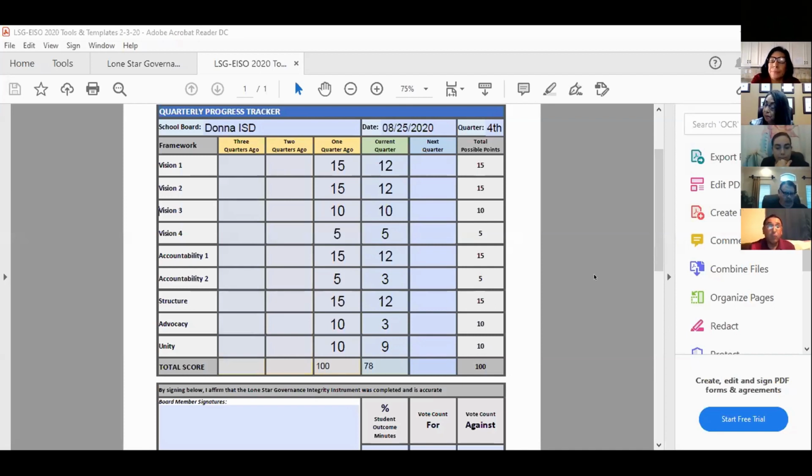Yes. All right, great. So with Vision 1, as we went across the board, again, that was the average we received for it, 12 for the current quarter. The last quarter, this is going back to March when we last discussed, this is what I remember. It could be maybe off in some of them, maybe in accountability one, where we might have had a difference there, but for the most part, everyone was pretty much online with Vision 1. There was not much of a difference except for one, and that was Dr. Mary. I'm not sure if she's online or not, but she's the one that scored pretty low across the board.